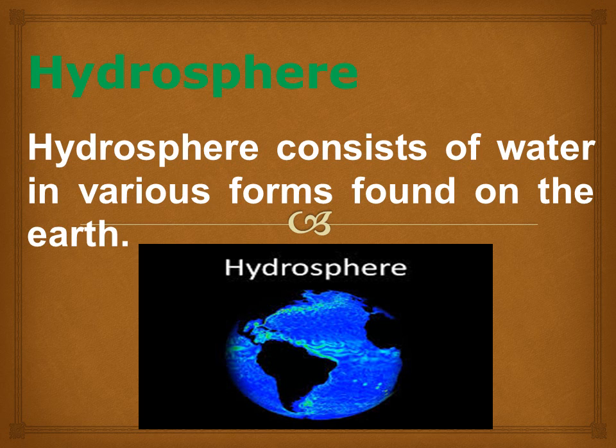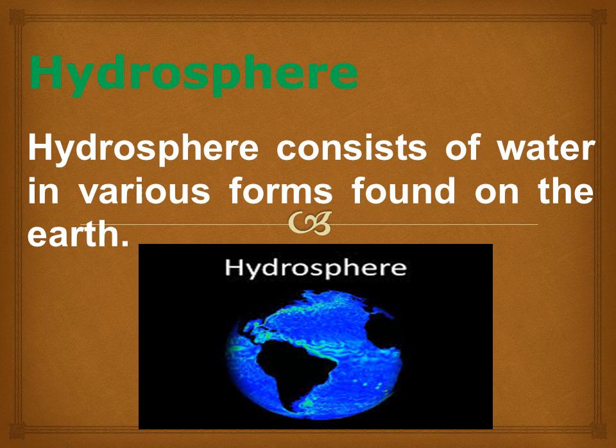The earth is also called the blue planet. You see that the hydrosphere picture is given. As soon as you see it, how does it look? Blue planet, it is blue in color. Exactly, because it holds more water. Comparing to all the other planets, our earth holds more water, so it looks blue in color. So it is called the blue planet.